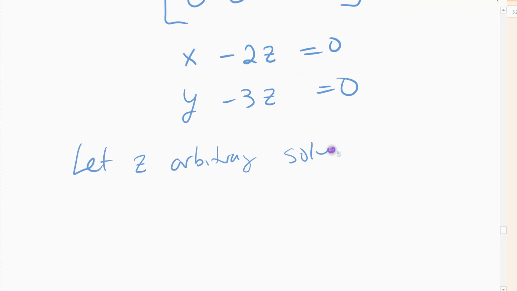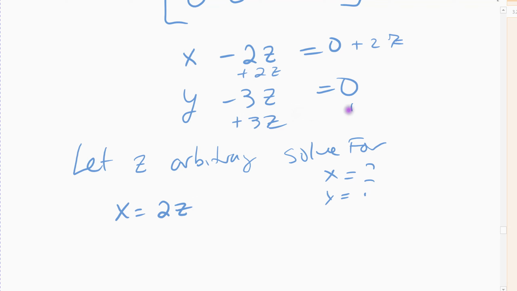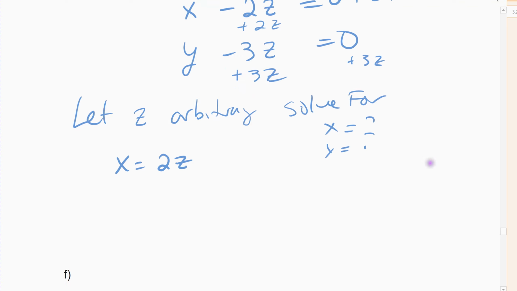That means I need to solve for x and solve for y, which again isn't too hard to do. If I solve for x, I just have to add the z term to the other side. And so x equals positive 2z, and y the same thing. So y equals 3 times z. And so my solution